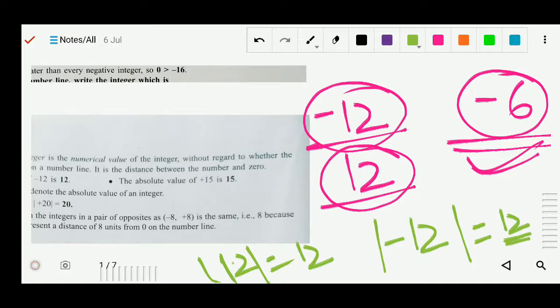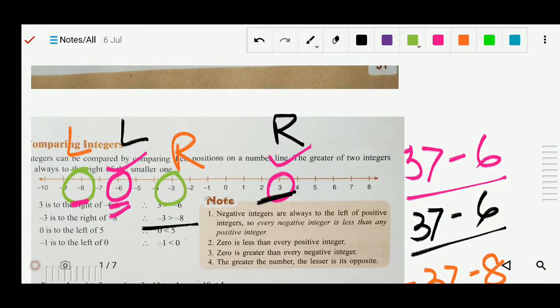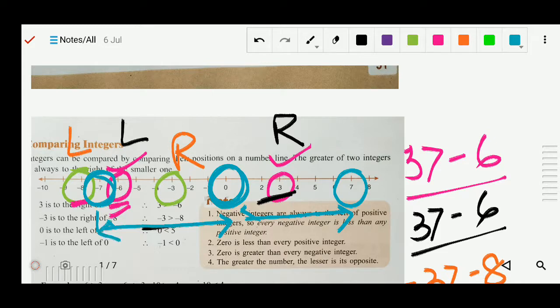And what is the motto? To only know the distance. On the number line we have to know the distance from the zero for a particular number. Suppose I take 7, what is the distance between 0 and 7? If I take the number minus 7, you can see in this also the distance is between 0 and 7. In both cases, 0 to plus 7 and 0 to minus 7, the distance is the same. So that is the meaning of absolute value.